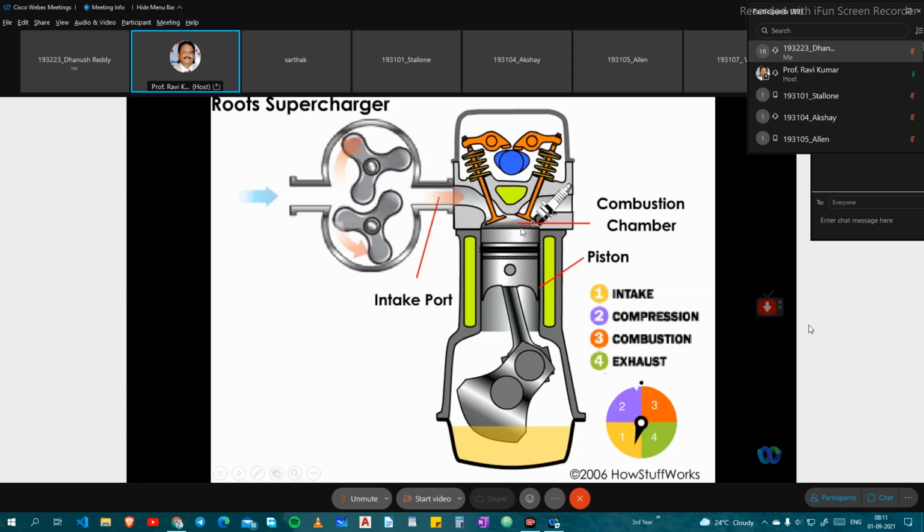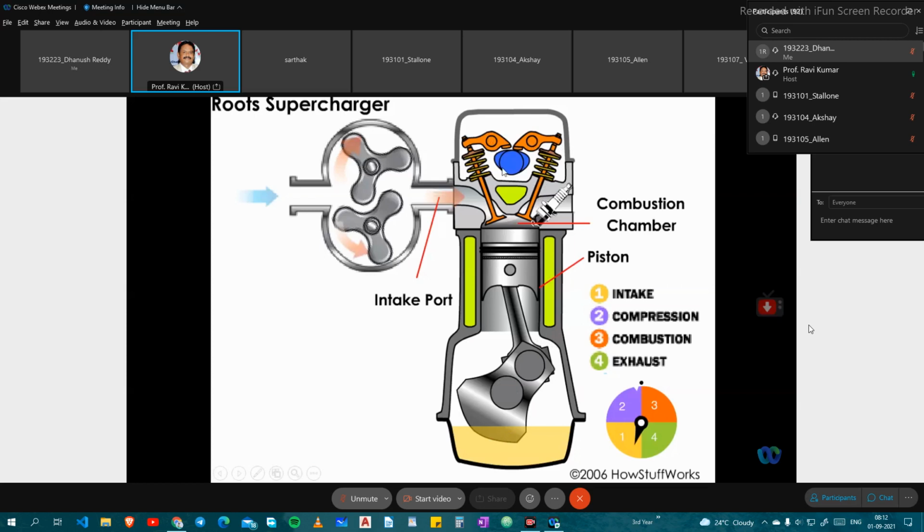This is the combustion chamber where we give the spark. Because of the spark we get combustion, and the power stroke happens. Because of the blast, the piston goes down forcefully and the crank rotates. This is the power stroke, or combustion stroke. The piston comes from TDC to BDC, and once at BDC you push it to the top again, where the exhaust valve opens and exhaust gases are pushed out by the piston.